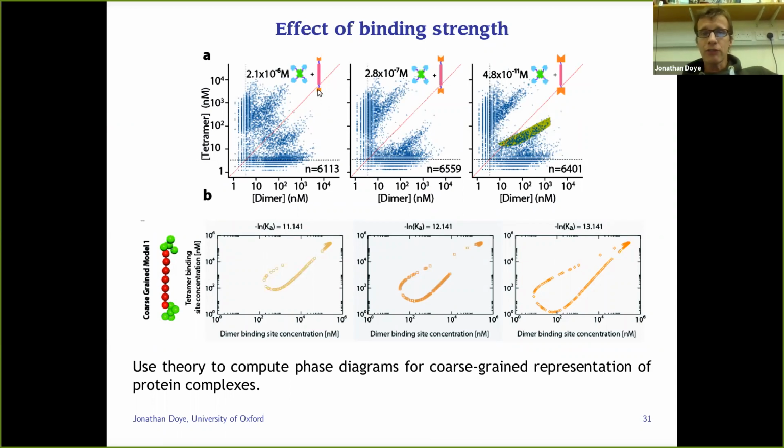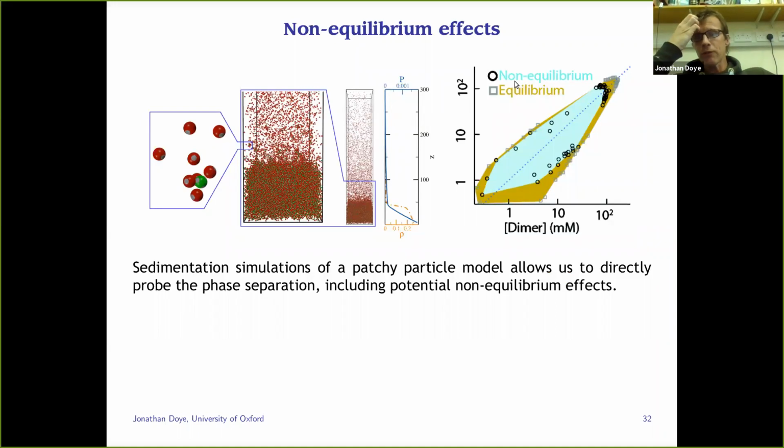And one surprising feature of the results is that initially, this isn't the best phase diagram, but you can see here's the phase separating region at quite high concentrations. When you have low affinity and you increase the affinity, it goes down to lower concentrations. But if you increase the affinity even further, the phase separating region actually contracts and moves above the diagonal. And we think that is just because of kinetic effects, where the dynamics become very slow when you have really high affinities. And we actually see somewhat similar effects when we take a patchy particle model and look at the